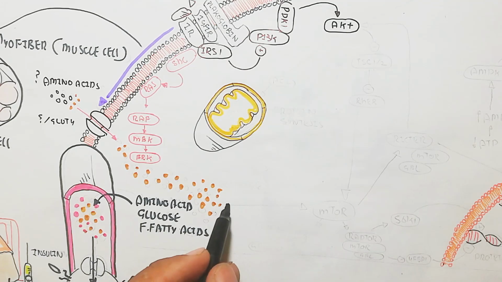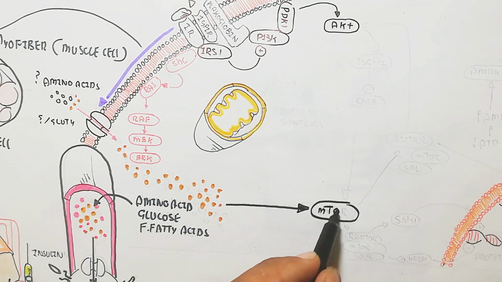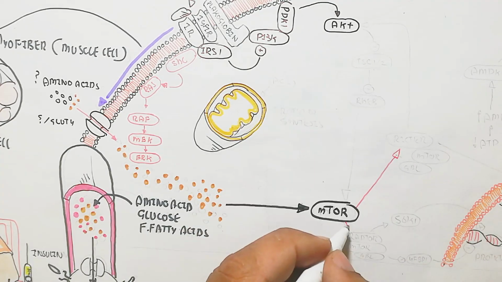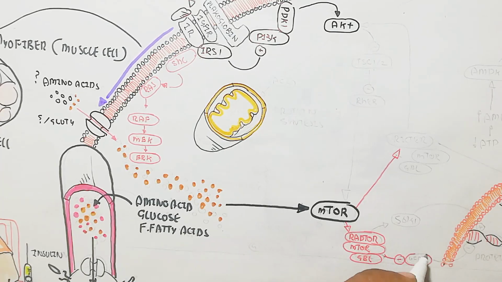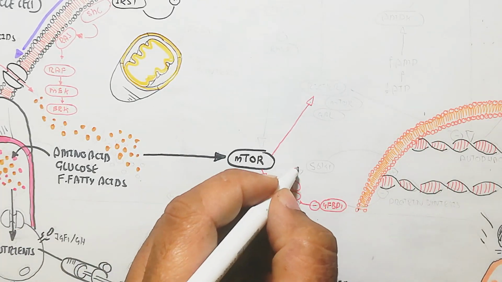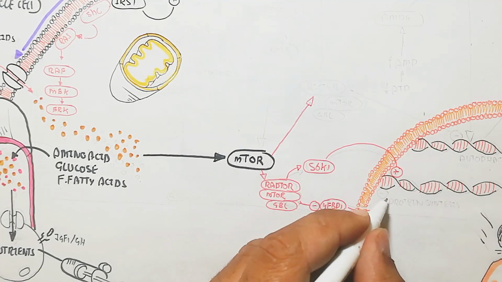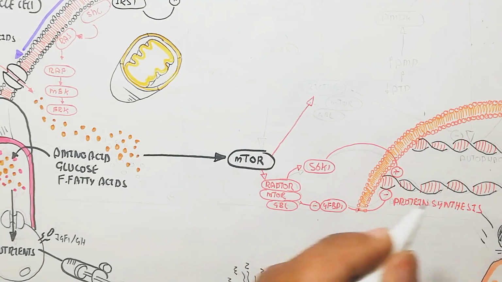This amino acid, glucose, and fatty acid, remember these things, trigger this nutrient-rich condition, the mTOR pathway rather than the AMPK pathway. Remember that. mTOR will trigger phosphorylation and recruit certain proteins like Rictor and Raptor with GβL. So Rictor and Raptor work differently. Remember, this is the Raptor protein binding with the mTOR pathway, which will lead to